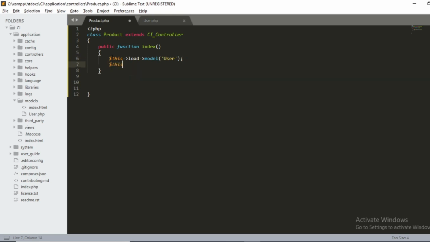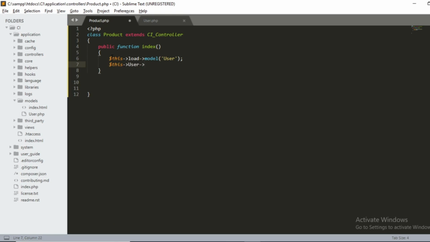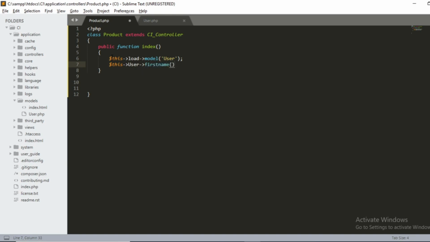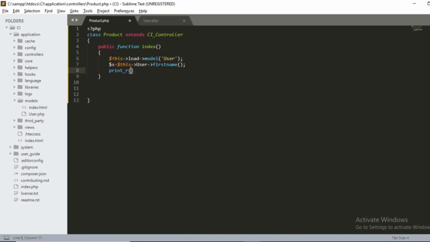So $this->, the model class name, and the function name, that is first name. I will save it in a variable so that I can print that variable. So print $r. Save this file